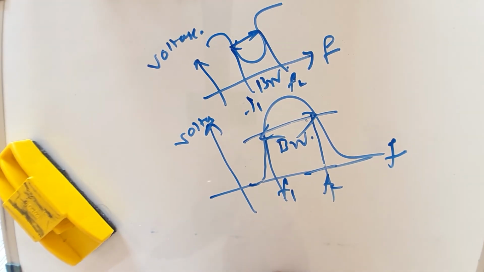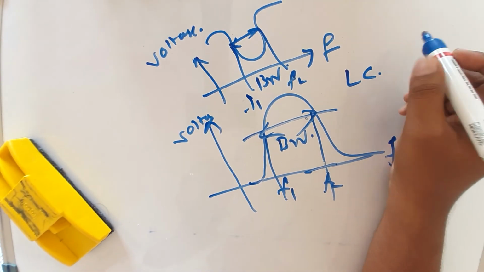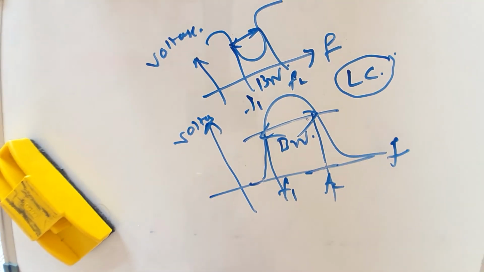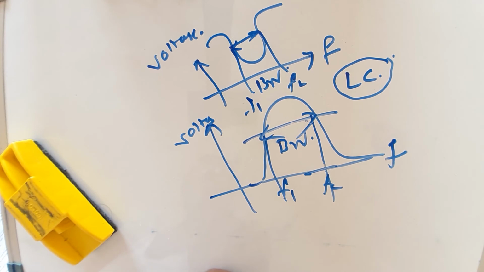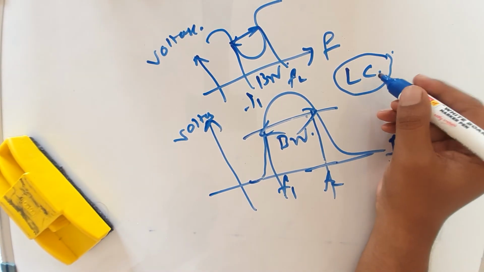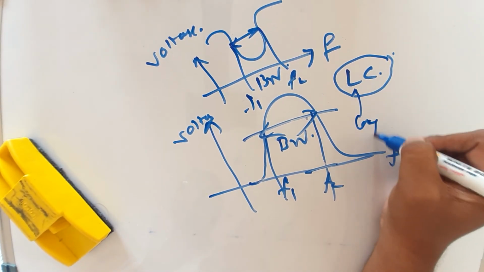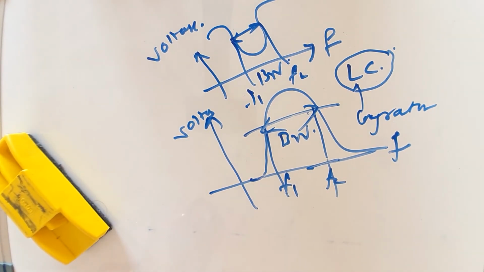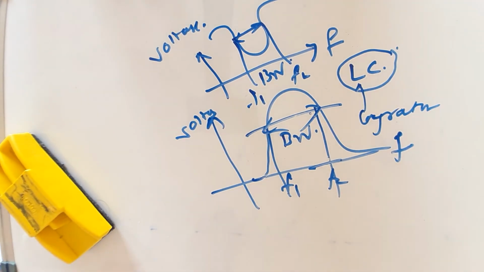So in filters we have LC components. Already we have studied in circuits and networks: band pass filter, band stop filter, low pass filter, high pass filter, m-derived filters. Okay, so where we have the LC component, that inductor will be replaced by a gyrator. So basically, what is the function of a gyrator? It is the replacement of an inductor, and it will give the phase shift of 180 degrees.